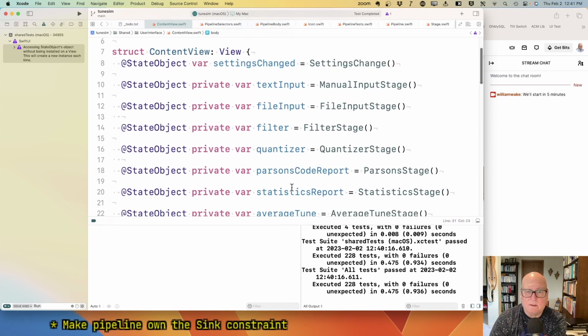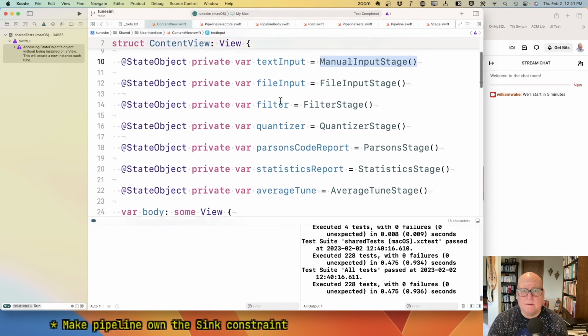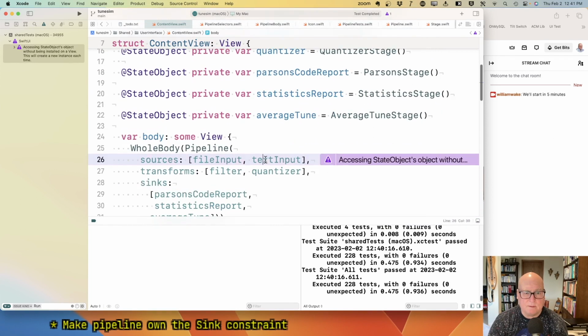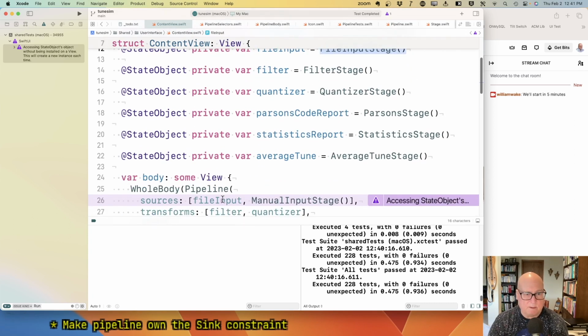Okay, I want to try this again. Text input and file input. Okay, I want to get rid of this warning, but first I'm curious if we can,